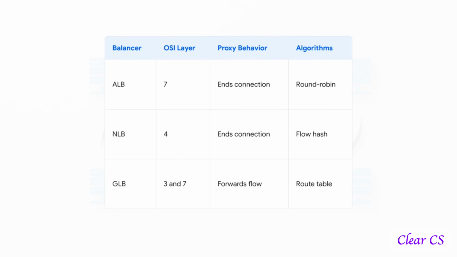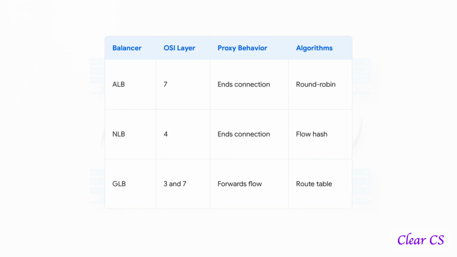Okay, so breaking this down, there are basically three main types of load balancers: application, network, and gateway. And they actually operate across completely different OSI layers. An application load balancer, or ALB, works up at layer 7. It handles HTTP and gRPC protocols and actually terminates the client connection to act as a proxy. Then you've got your network load balancer, or NLB. That operates down at layer 4, dealing with TCP and UDP protocols for extreme high performance, super low latency needs. And finally, a gateway load balancer sits across layers 3 and 7. It's basically a transparent entry point that forwards traffic without terminating the flow at all, which is absolutely perfect for